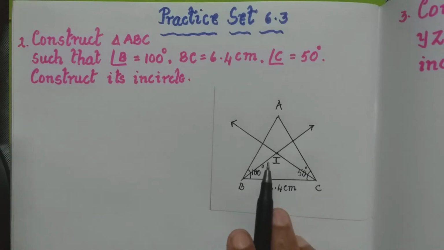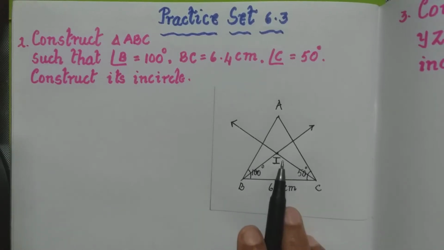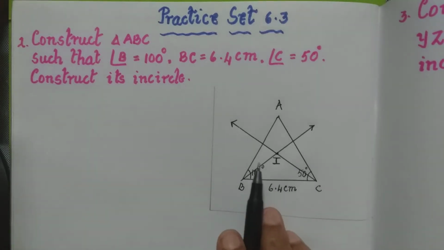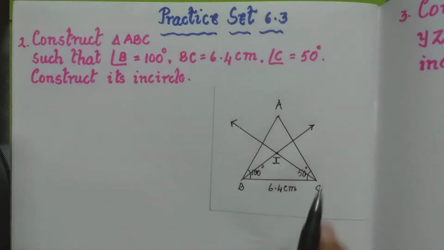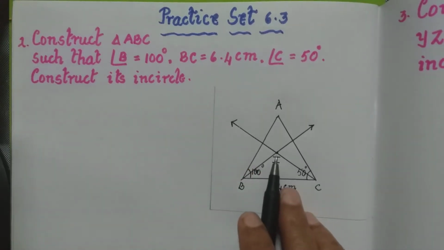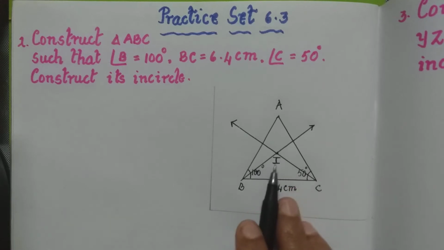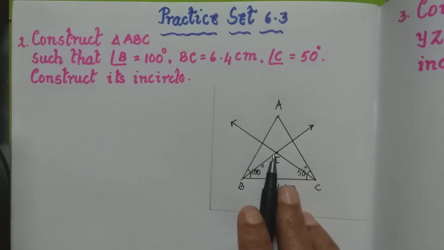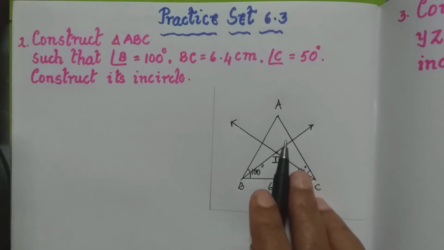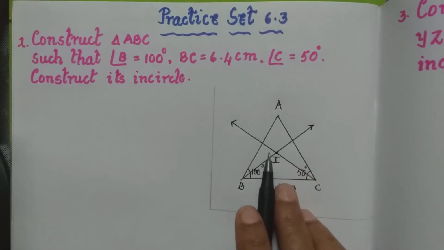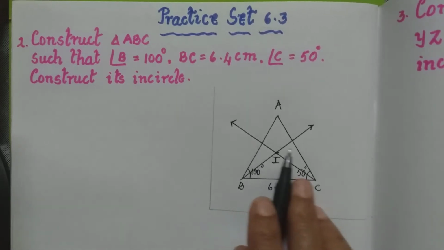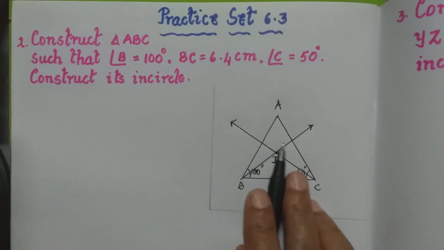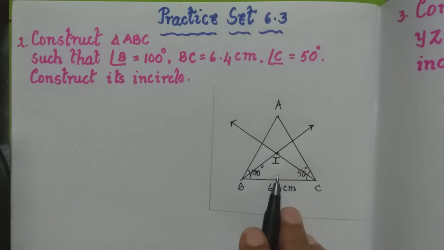Now first of all, to get this incenter, it is got by joining the angle bisectors of any two angles of the triangle. Now here in this triangle of ours, we have drawn angle bisectors of angle B and angle C, and they are meeting at a point. We mark the incenter as I, and from I we draw the circle. Now when we draw the circle, we see whether the distance from the incenter to the sides is equal and whether the circle will touch all the edges, and then draw it.